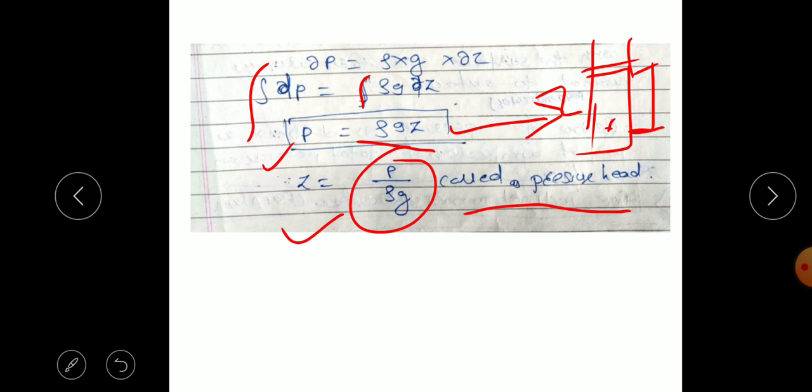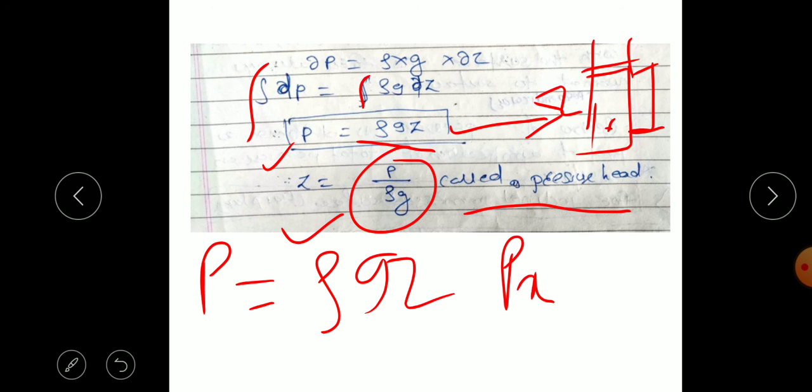So we have considered two important laws. The hydrostatic law states that pressure is equal to rho g z, or the increase in pressure in the downward direction is the weight density of the fluid. And second, Pascal's law: in a static fluid, there is equal pressure in all directions. That can be used in the design of hydraulic lifts, hydraulic jacks, etc. So these are the two points we have considered.